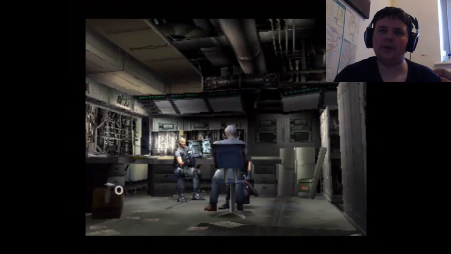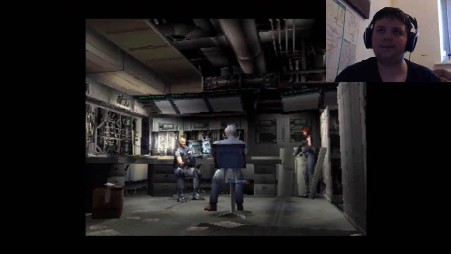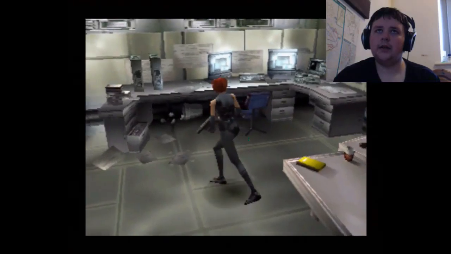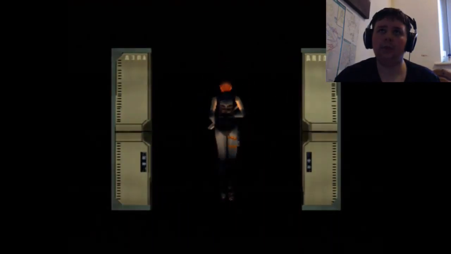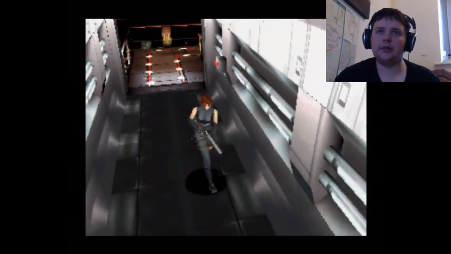And yet Regina's like crouching down. I don't know why. But anyway, we need Dr. Kirk's DNA. We'll take the medpack M. Right, because we need an ID card with Dr. Kirk's data in order to access more areas. So that's what that's for. And this room is quite plain. But anyway, with that done, we're gonna make a Dr. Kirk ID card. So we'll go through this way. And once the card's made, we will go down to floor B3 and get the initializer and stabilizer and...